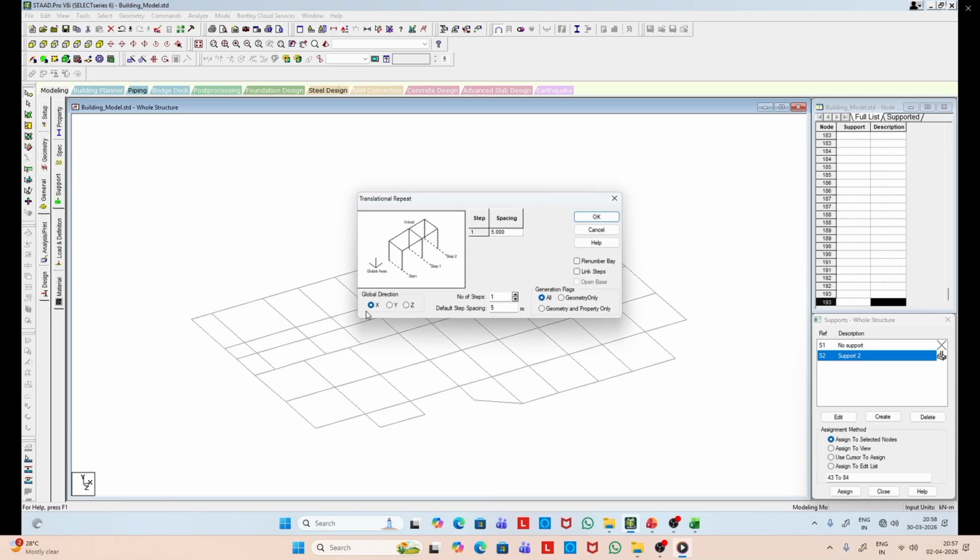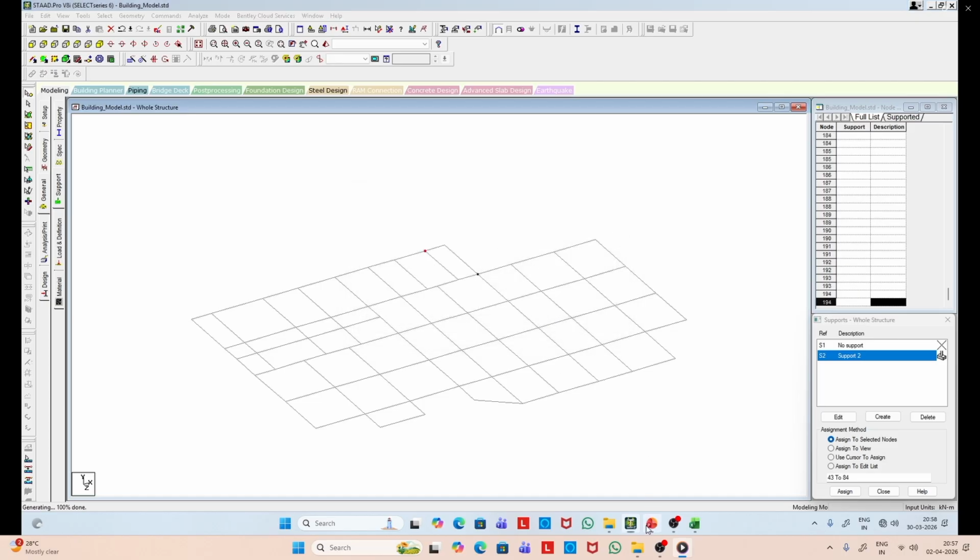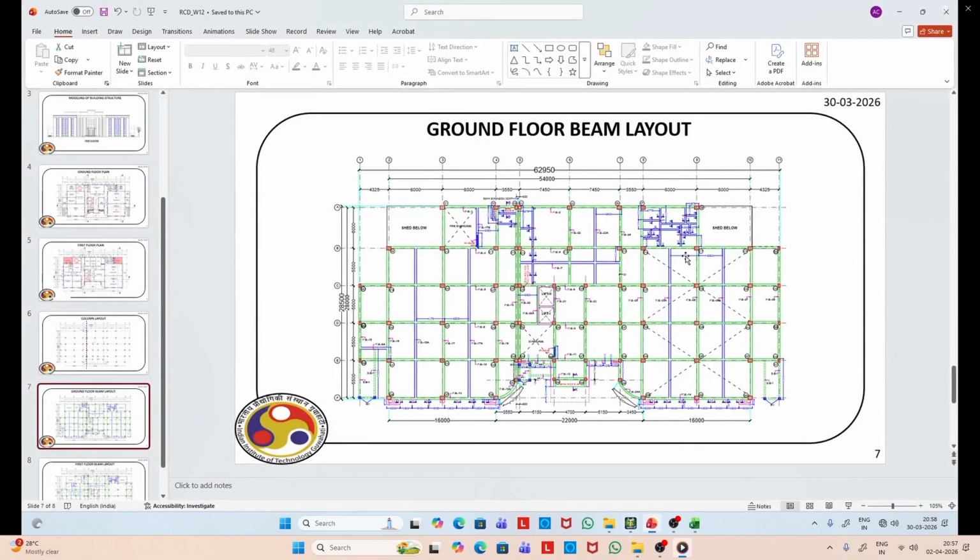However, if you look at the actual drawing, there are a lot of other additional beams that we simplify with two beams. Here you can see we just have two beams in the Z direction.